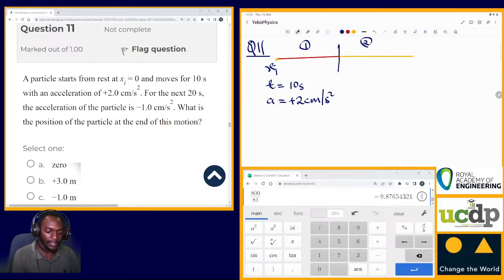Then we are told that for the next 20 seconds, the acceleration of the particle